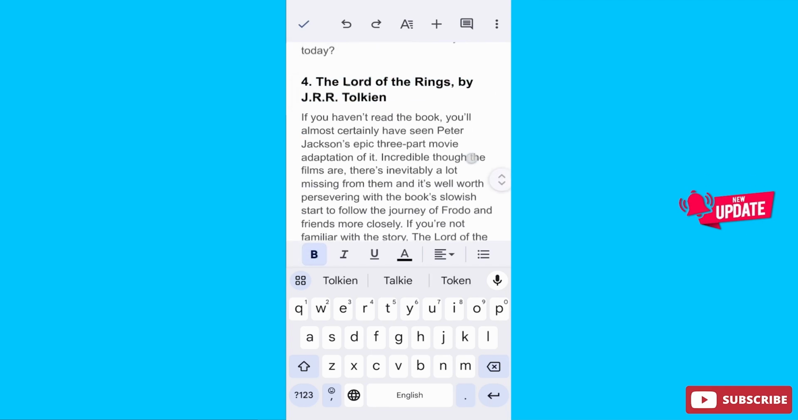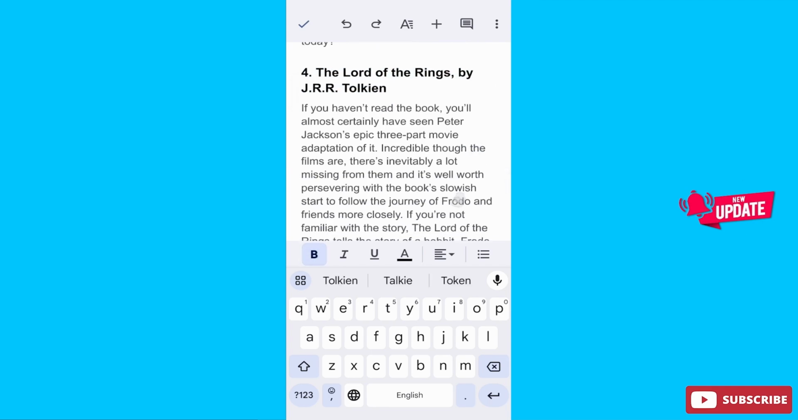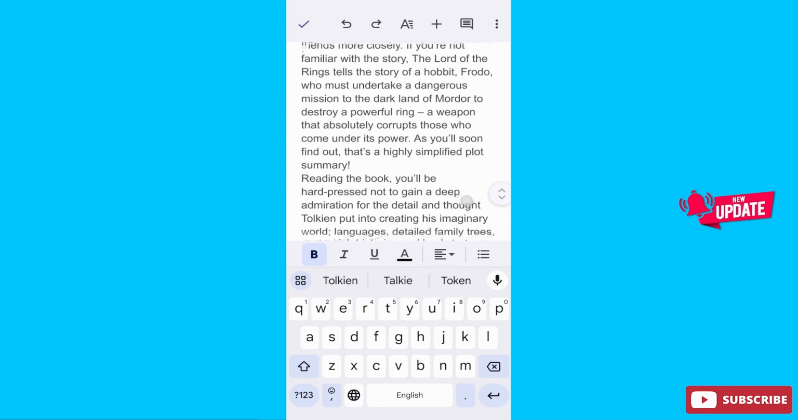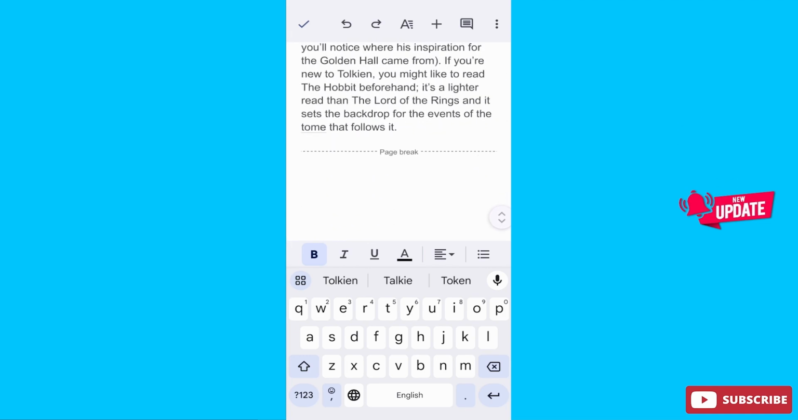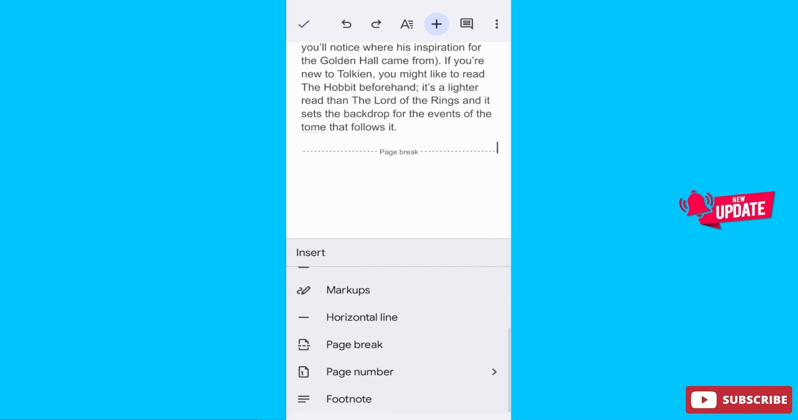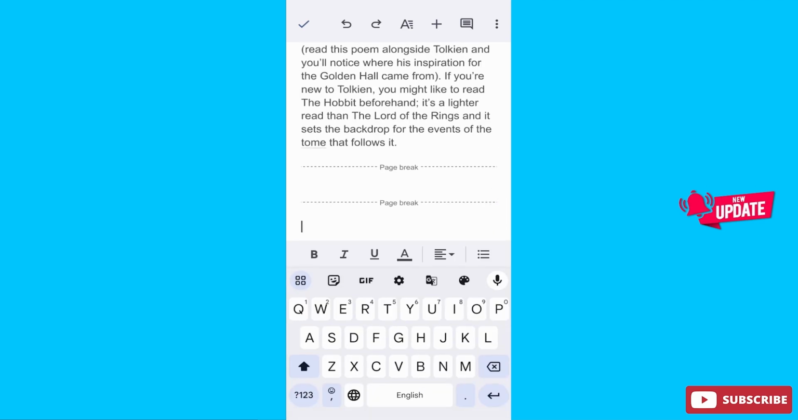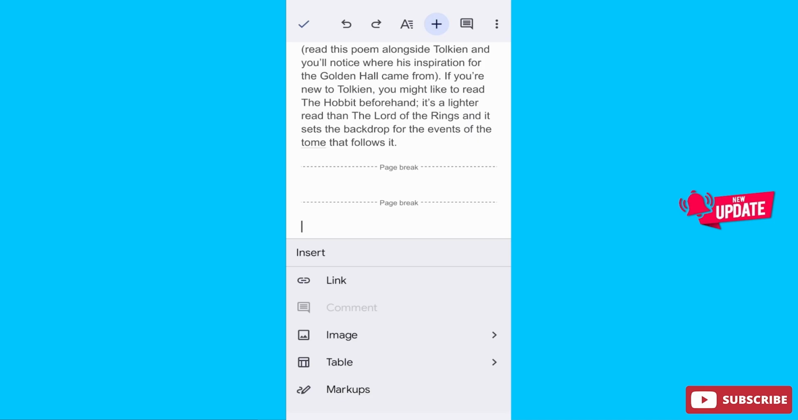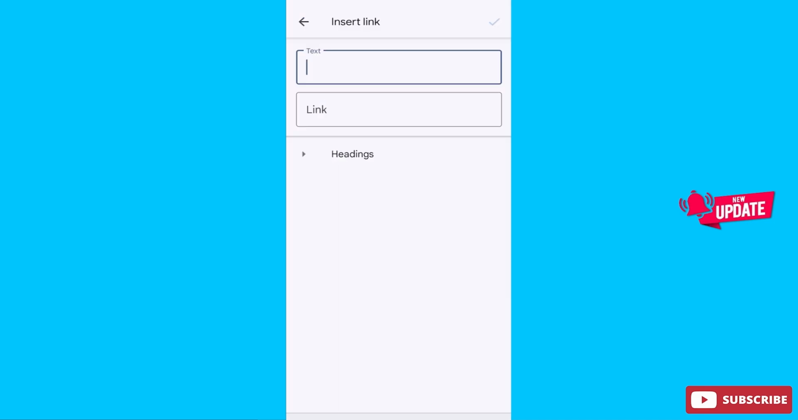And now here comes your final stage where I will show you the main process. Just click here, click the plus icon, then go here and click on page break. After that, your cursor is here and now again click on the plus button, click on the link option, then